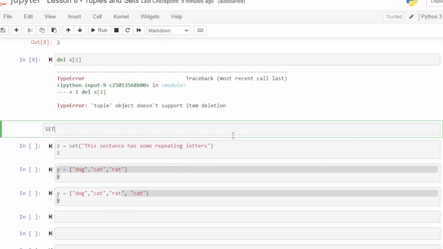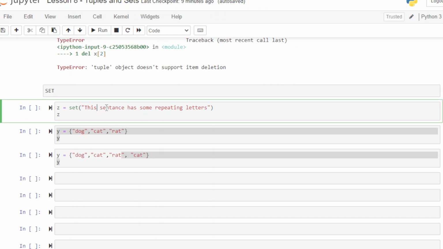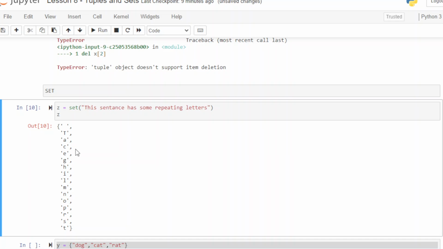Now sets, if you have a good background in math, you'll understand a set is a set of values. And the cool thing about sets is that you don't want duplicates. So let's look at this. We got this sentence that has some repeating letters. So you've got S here and S here. We've got S here, we got an S here, so that's 5 S's in this. All right, when I run this, you'll notice